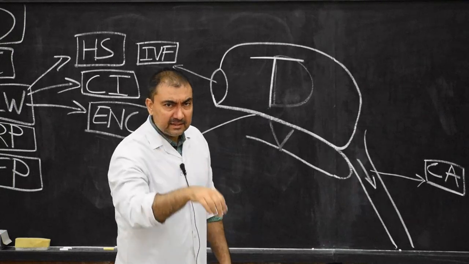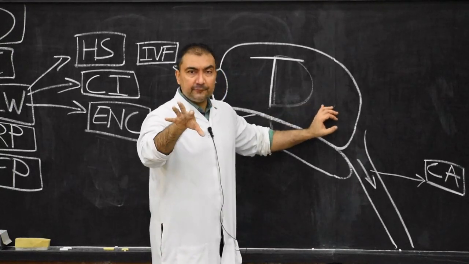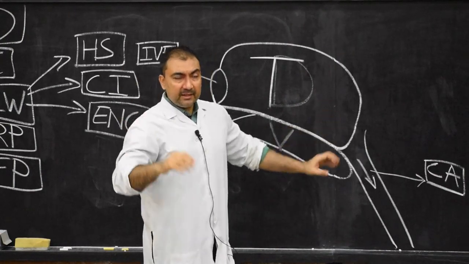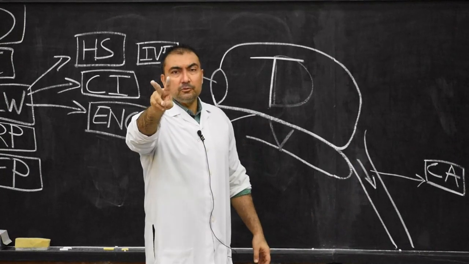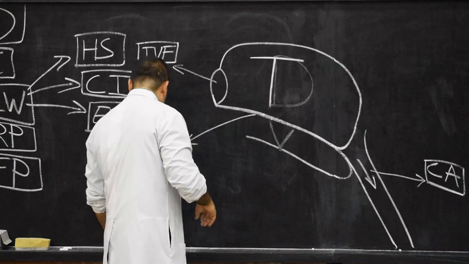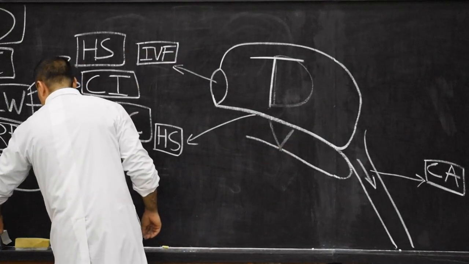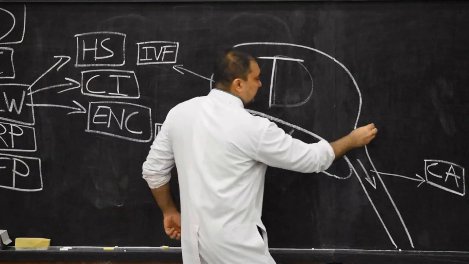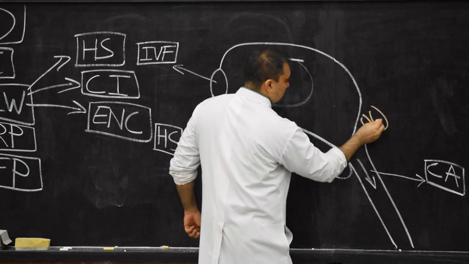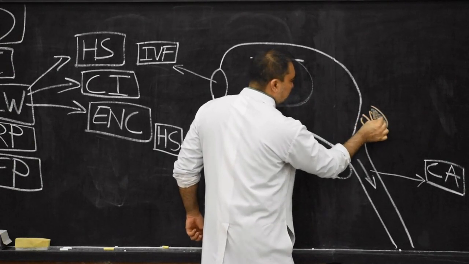As they detach from the cavity of the diencephalon, what is the cavity of the diencephalon? Third ventricle. As they detach from the cavity of the diencephalon, they will develop into two small oval masses. These two small oval masses, which I will show with orange color, we will show over here, 1 and 2. And put some color inside. They are called the lateral and medial geniculate bodies.